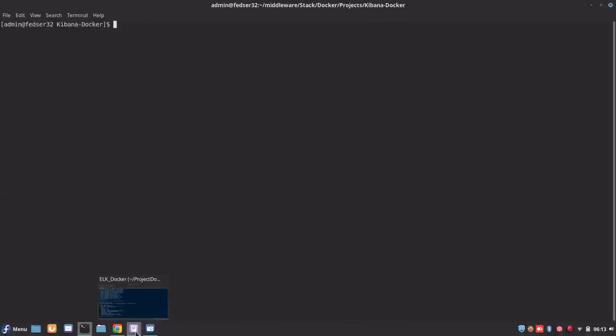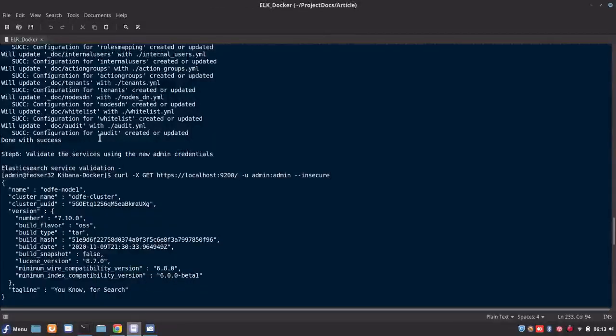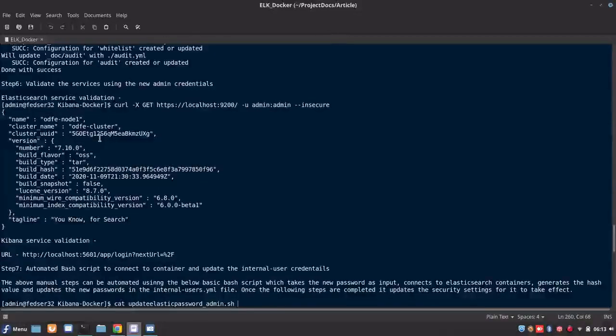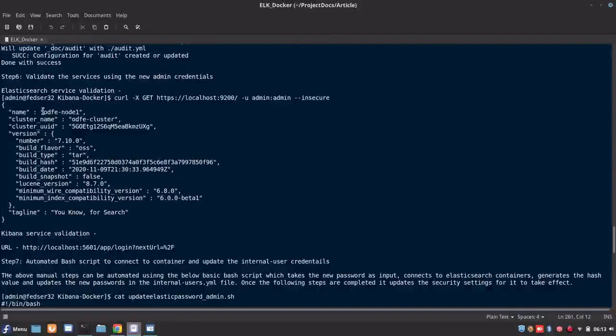Okay, so now we have seen how we can connect to the cluster and create a hash. Once the hash is created, we update the password with the new hash in the internal_users.yml file, and update the security configuration with the securityadmin.sh file. We run the tool, and once that is done, we validate the service, that is the Elasticsearch and Kibana service, and we are able to connect with the new password.